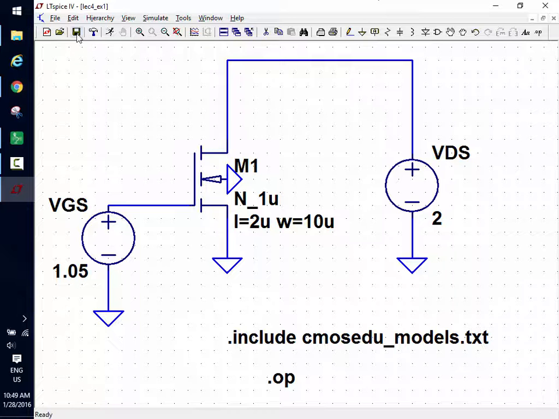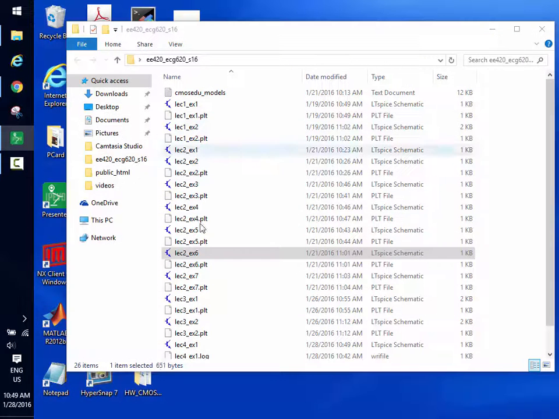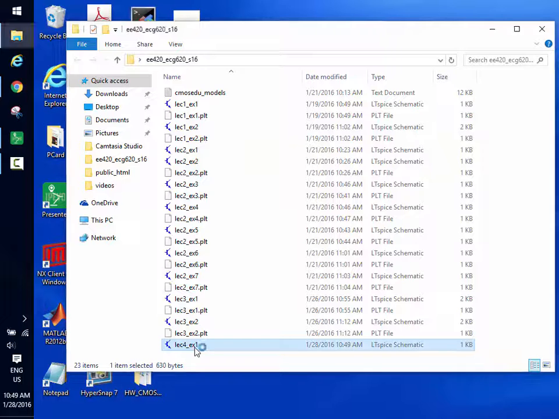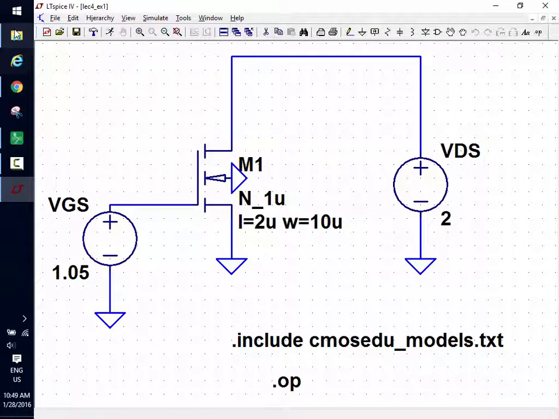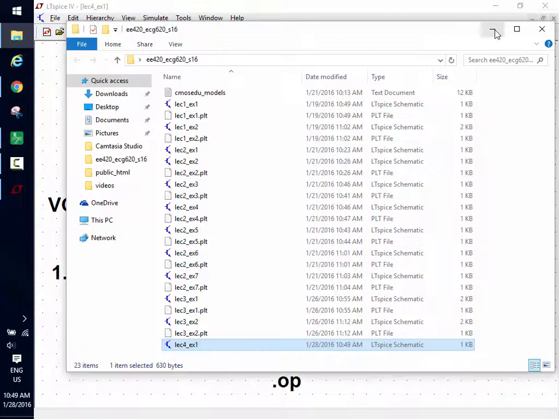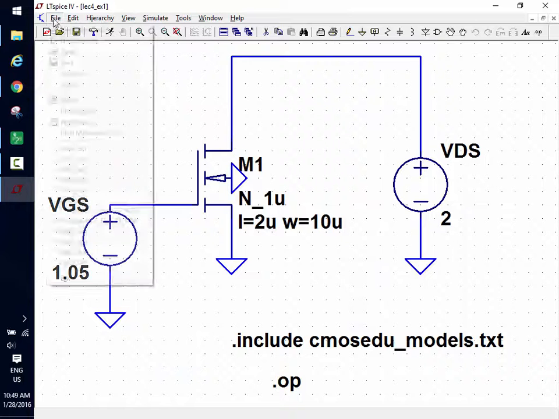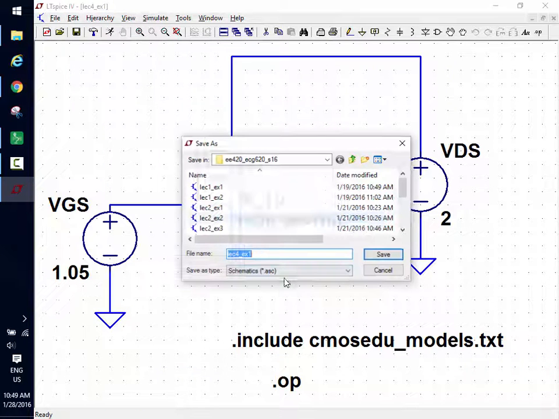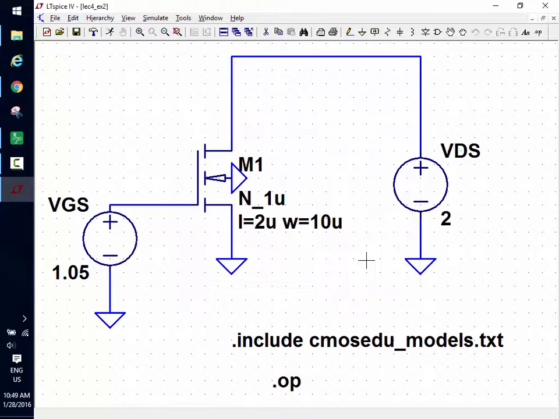Let's hit save. I'm going to do the .tran for both DC and AC, but first I'm going to do it AC. And I'm going to do this to make it so you don't get confused. So I'm going to close this, and that was lecture 4. And then I'm going to say File, Save as Example 2. And I'm going to do a small signal analysis, which is an AC sim. And I'm going to simulate from